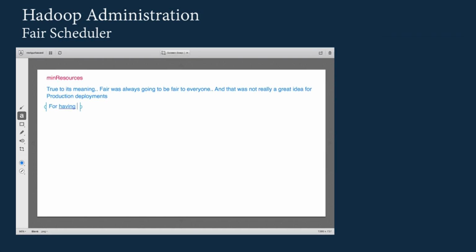For having predictability of resources, we have a facility called min resources. Min resources means there is a minimum amount of resources given to a certain group. So let's say we have a group called production, and it's actually called a queue. Jobs could be submitted in, let's say, the production queue, and as an admin we can configure that,